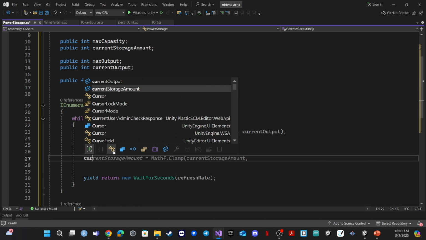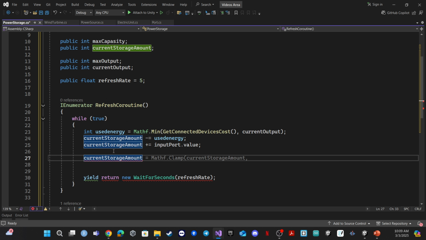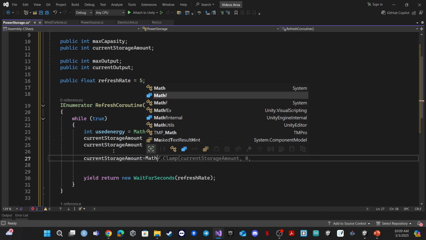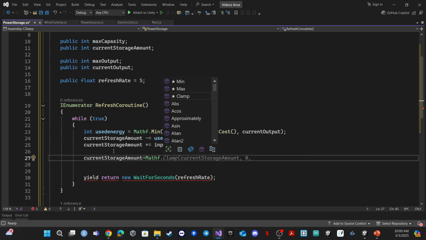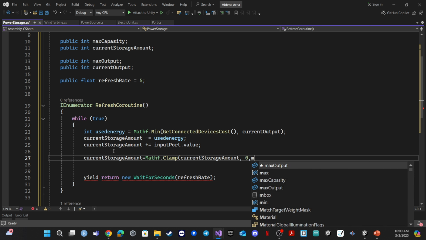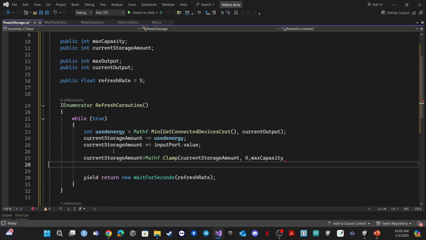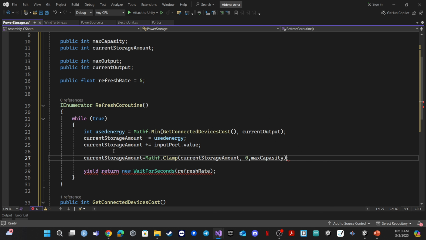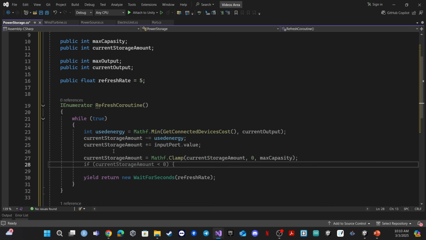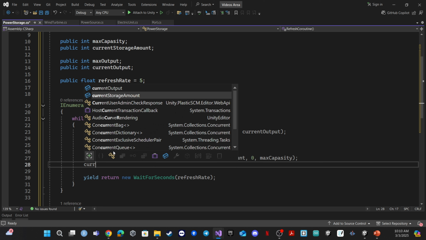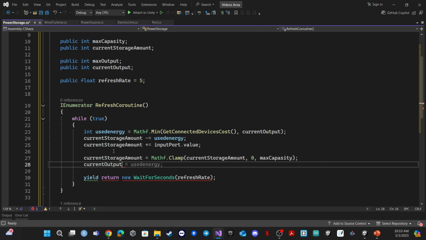So the current storage amount will be between 0 and the max capacity. So let's make Mathf.Clamp, between 0 and the max capacity. We will do the same to the current output, and this is equal to